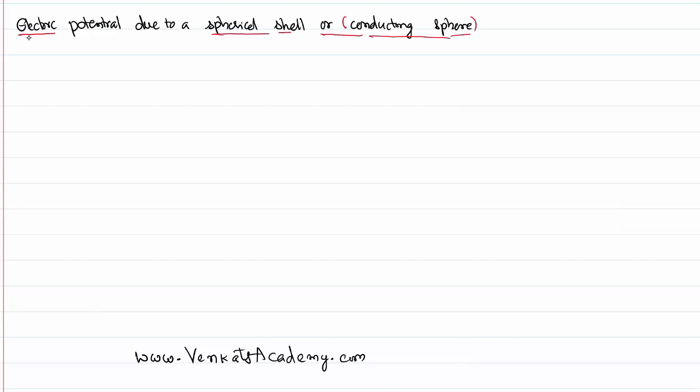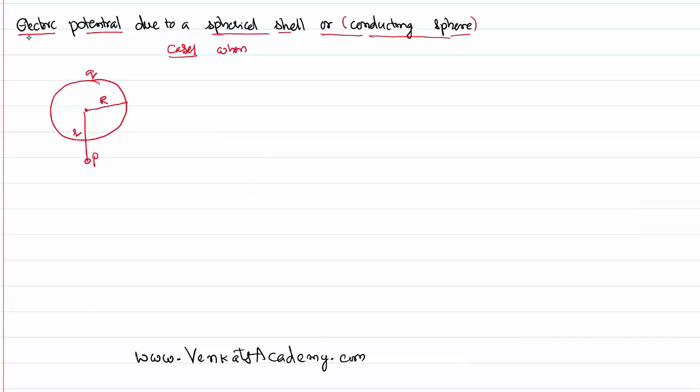So let us consider a spherical shell whose radius is equal to R, which has a charge q. We want to know the electric potential at different points. So let us consider a point P which is outside the spherical shell. So let us say case 1,